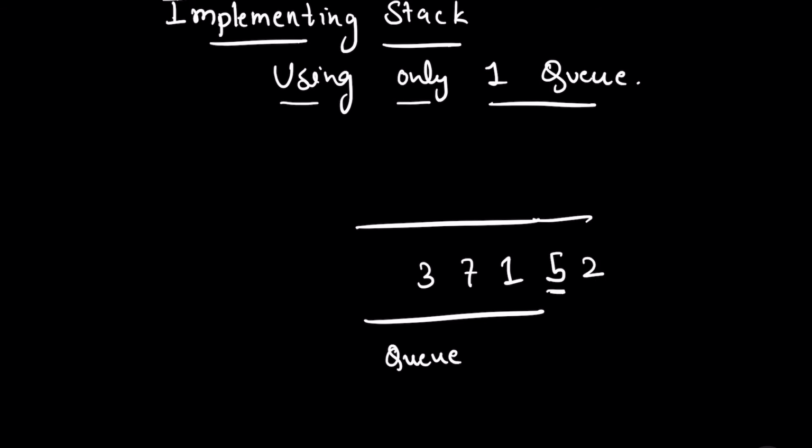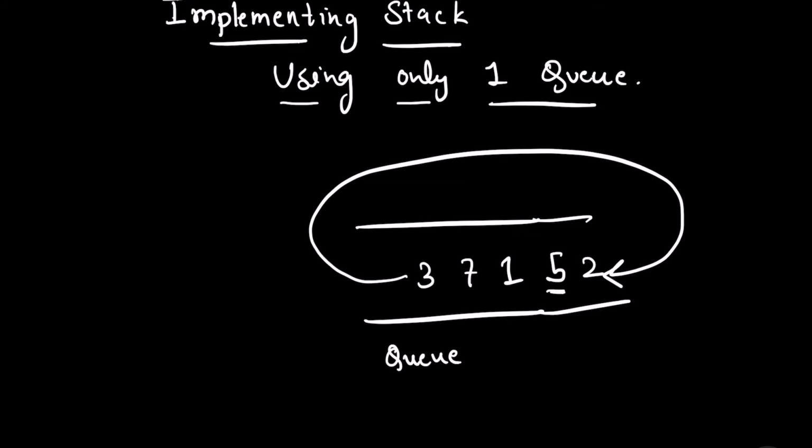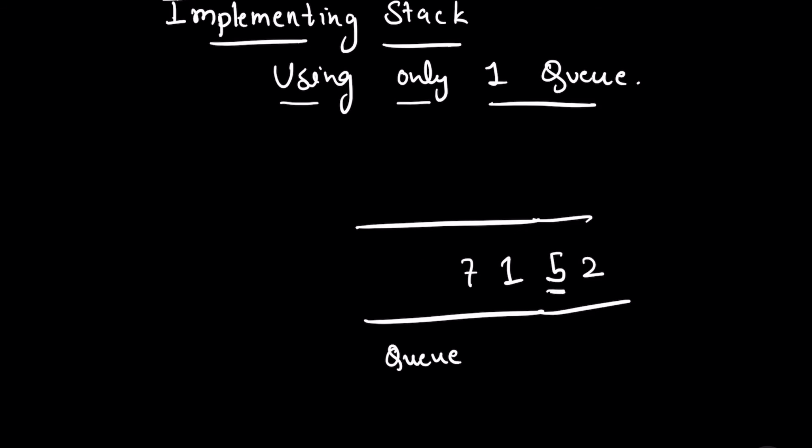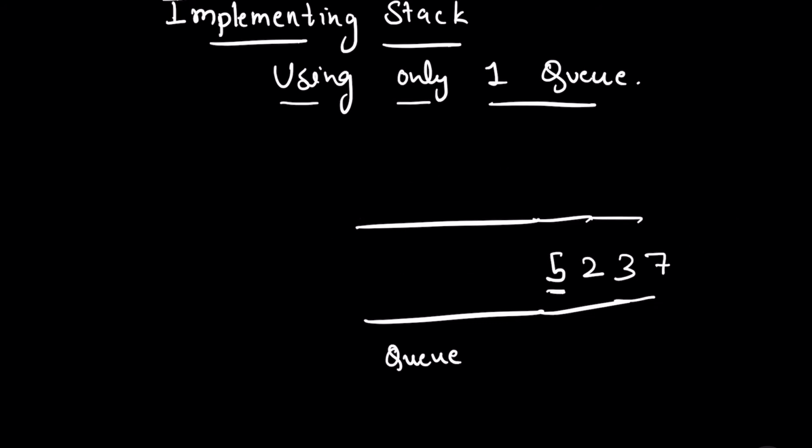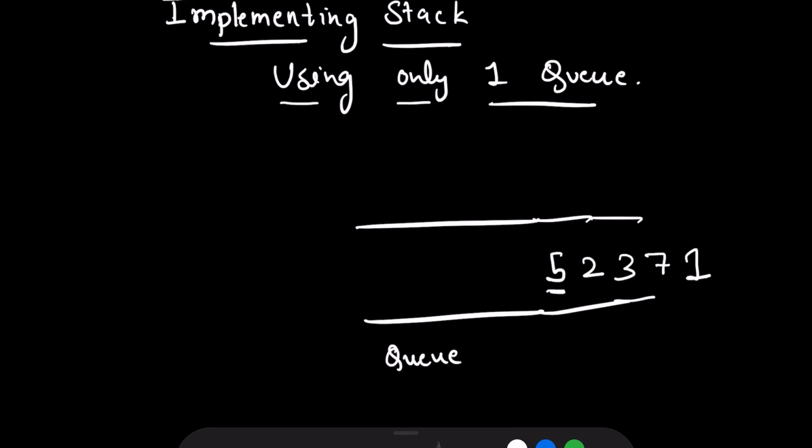Right? And the next thing we do is we circle 3 back. So this shifts 3 to the back of the queue. And the next thing we do is we circle 7 back. So this shifts 7 to the back of the queue. And the next thing we do is we shift 1 back, right? So this shifts 1 to the back of the queue. And so our new queue becomes